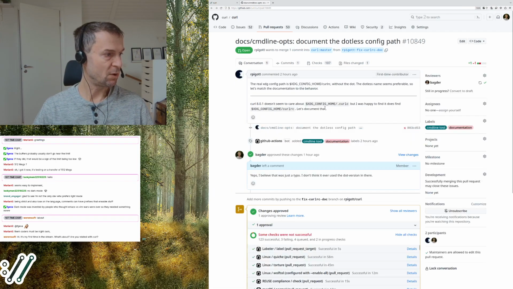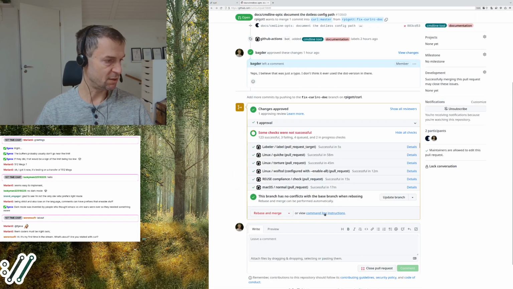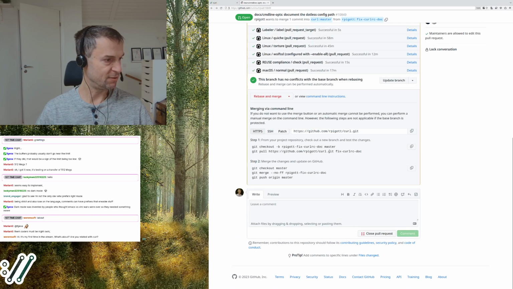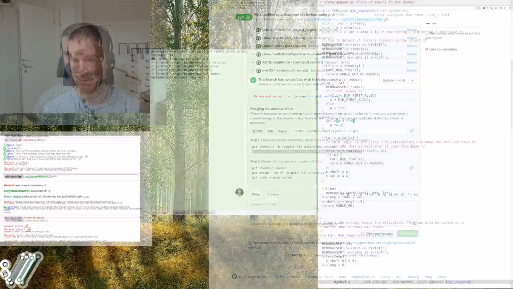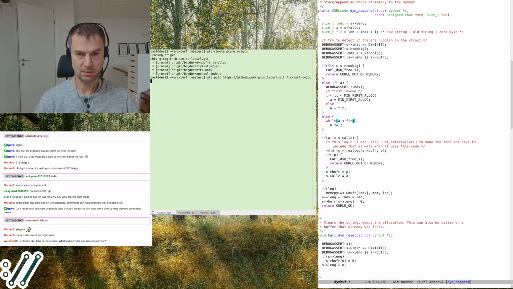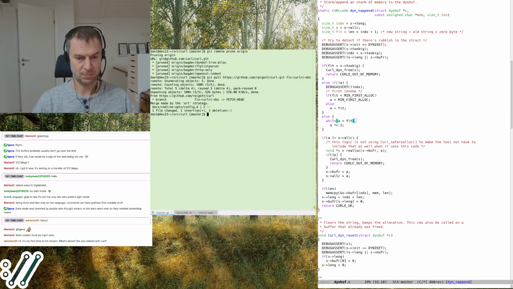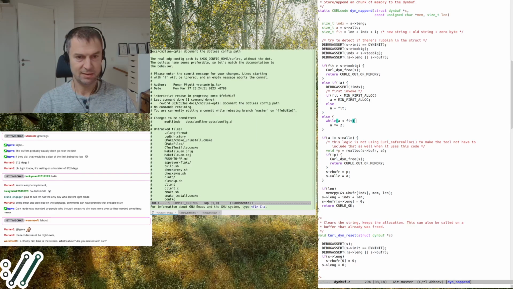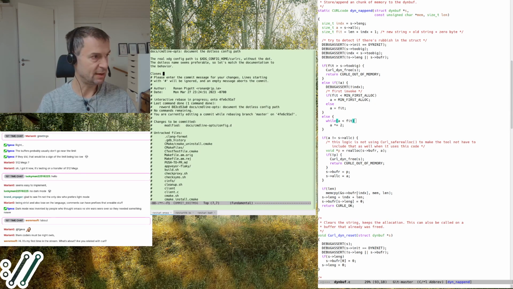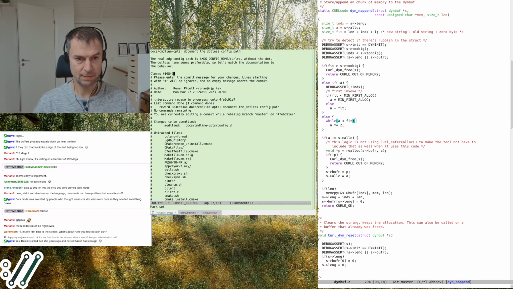Anyway, so I'm going to go ahead and merge this because I think it's fine. It removes a single dot, but it's an improvement. So I'm just going to merge that, rebase it, and make sure that I close the correct PR.